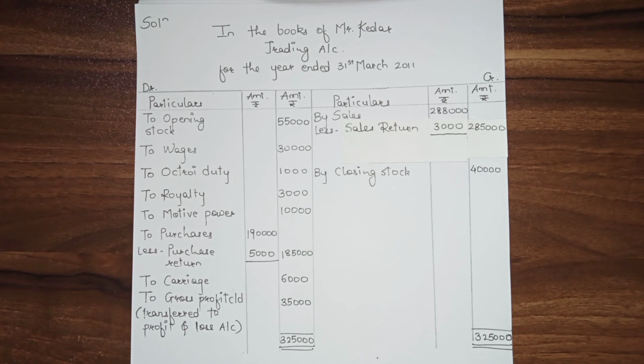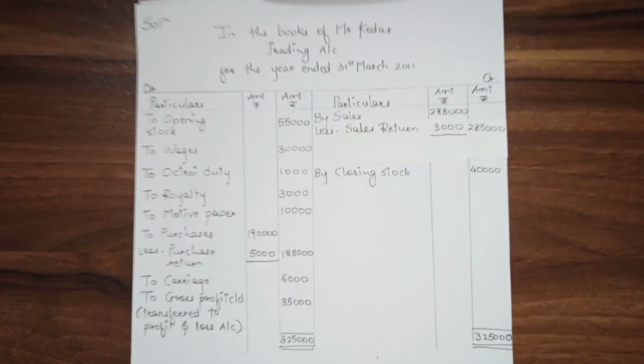Previously we went slowly so that you can understand how a trading account is made, how items are posted, how adjustments are solved. So this is an initial stage for you to get into final accounts. Slowly you will get used to it. You will learn more items, more postings, more adjustments. So this is the end of our example, not the end of our topic.